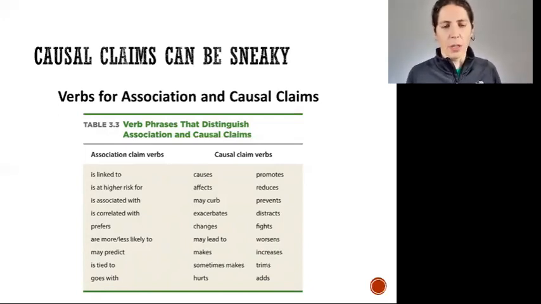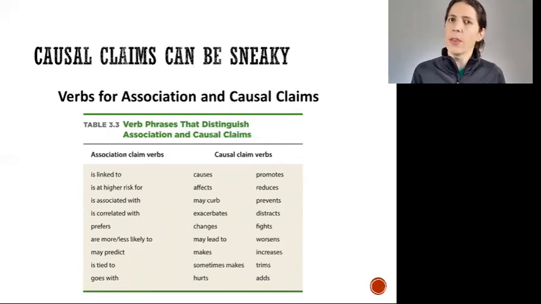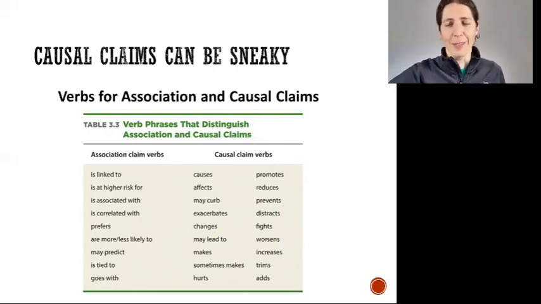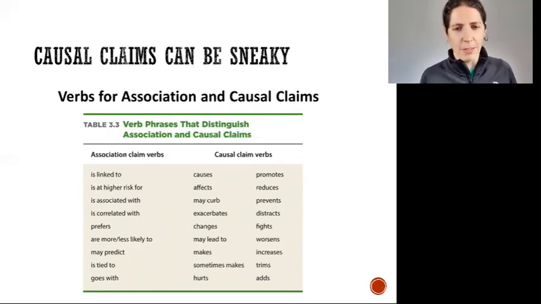Some of these can be somewhat ambiguous and can be used in either category depending on all the language around it. So a lot of it is happening in the kind of implicit, subtle cues in the language that researchers use. But a couple of interesting things to note is that in the context of scientific research, predicts is almost never a causal phrase. So if you see someone claim that something predicts something else, they're probably not making a causal claim, although it can sound that way. And is a risk factor for is also not a causal claim, which to my ears sounds jarring. I interpret as a risk factor for as if you do X, you're going to be at higher risk for Y. That sounds causal to me.